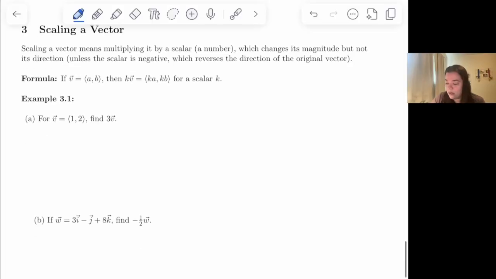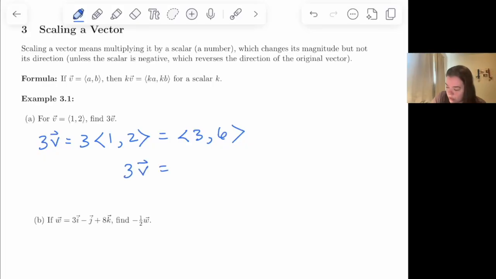So example 3.1, let's look at part A. Vector v is defined for us in standard position. We are asked to find 3v, 3 times v. So 3 times vector v can be calculated by just distributing your scalar through. To summarize, 3v is equal to the vector 3, 6. So I will say 3v is pointing in the same direction as v,